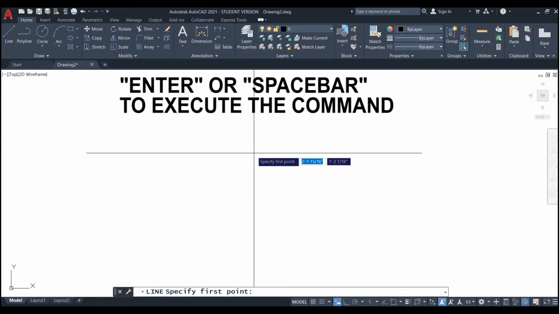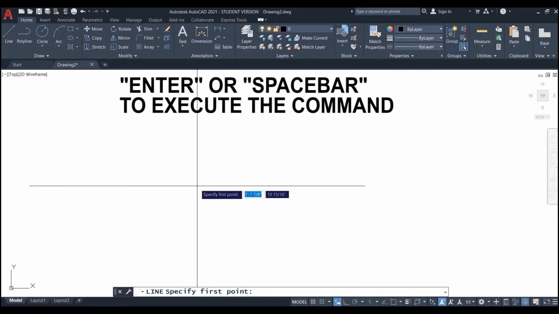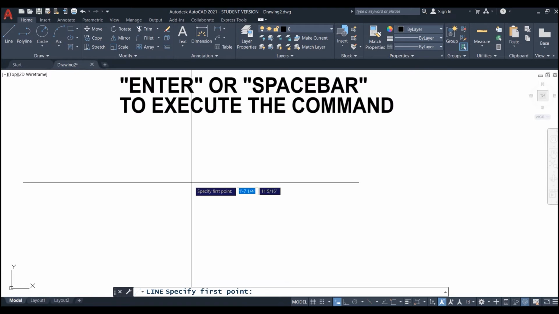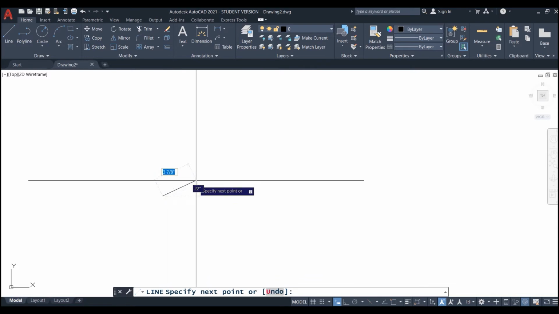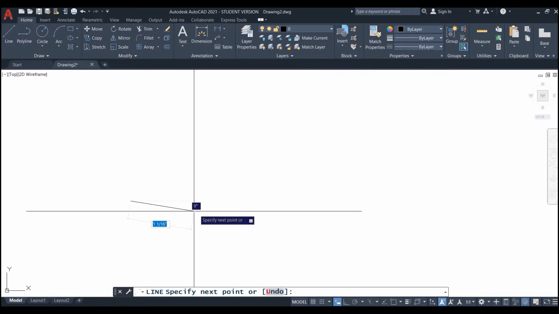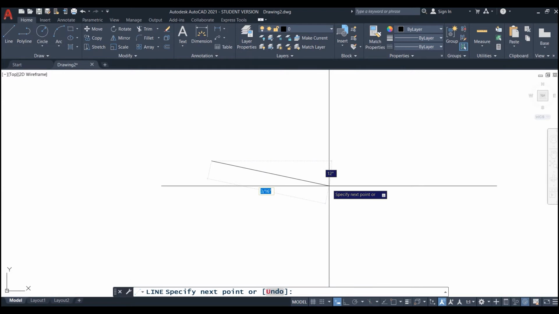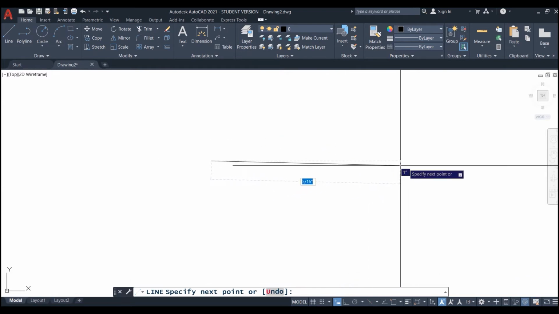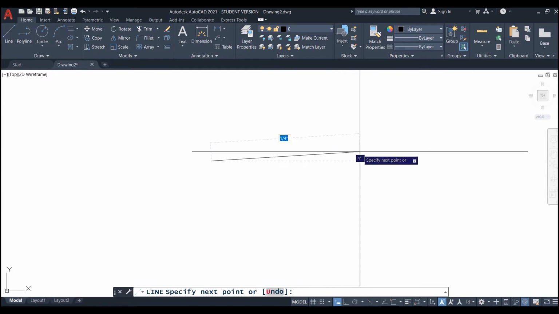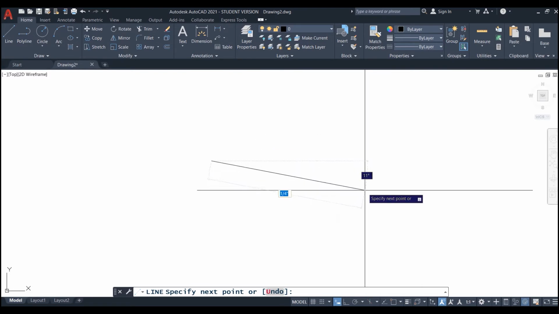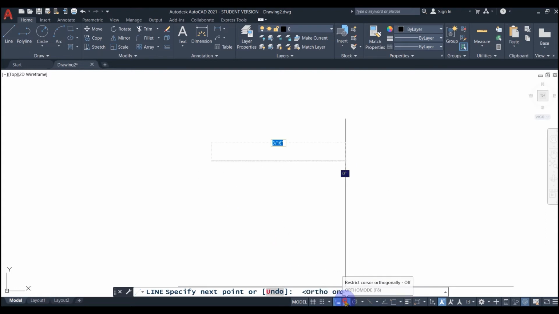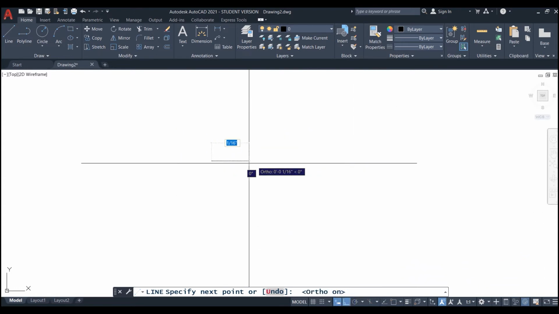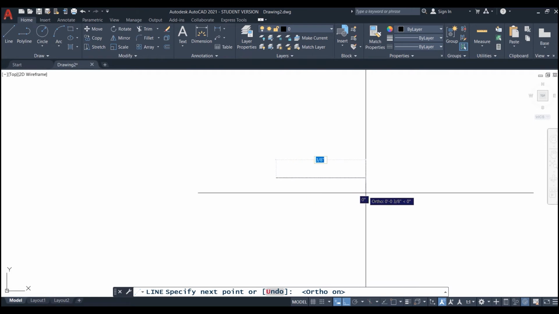Let's put our first point, press enter or spacebar. Spacebar acts as enter in AutoCAD, so use it instead of the enter key whenever I say hit enter. Now you can pan and zoom to get close to the first point that you just specified so that you are in the right area. Now what you are going to do is draw a horizontal line 40 feet to the right. There are a lot of different ways to do that. You can turn on ortho mode and that will lock the position of the line horizontally or vertically.